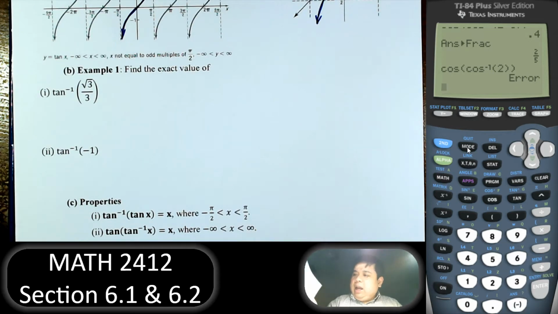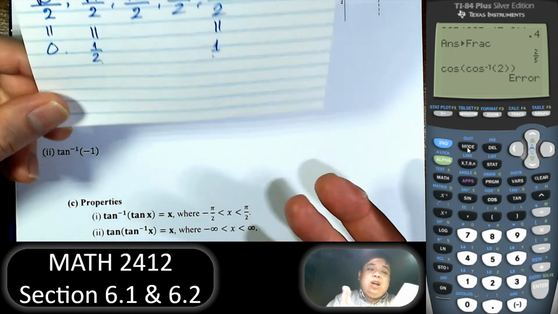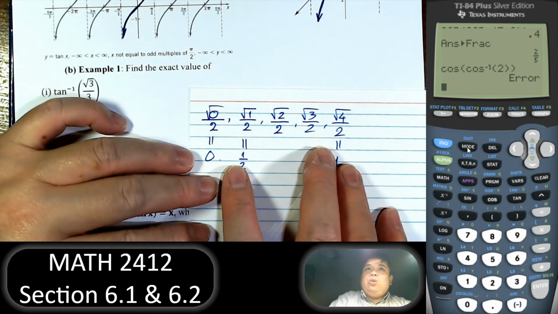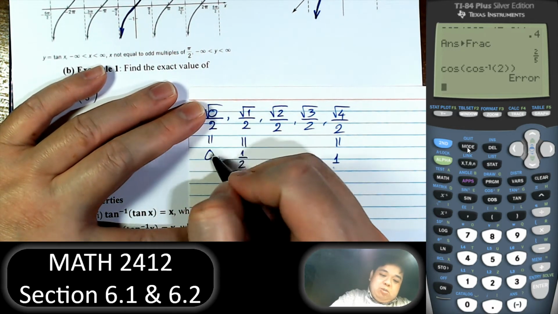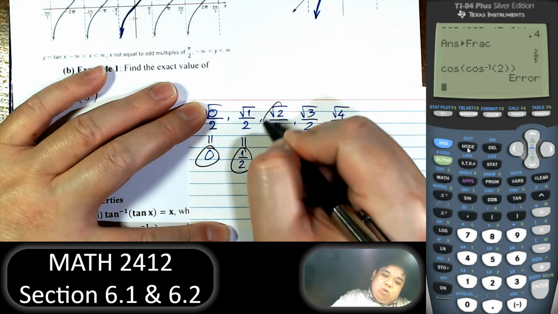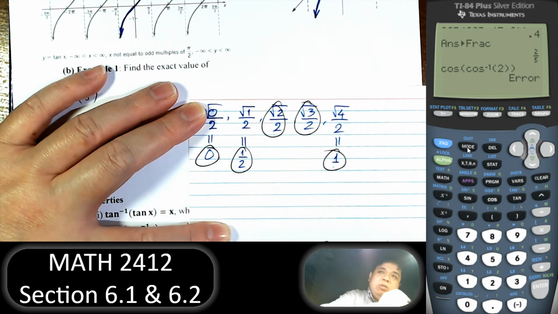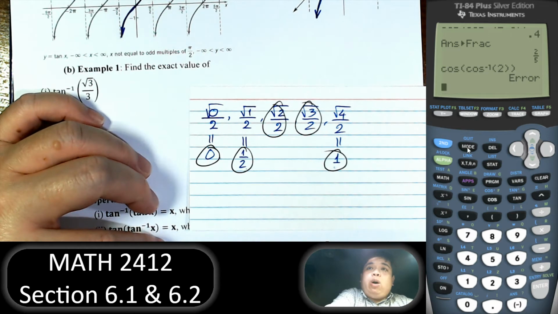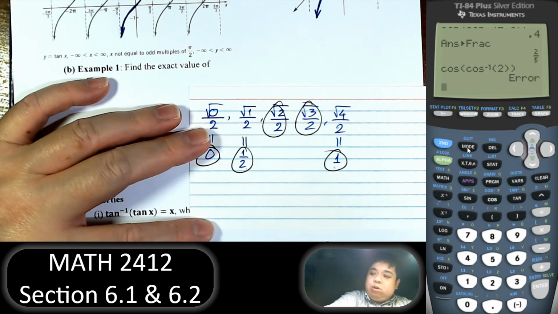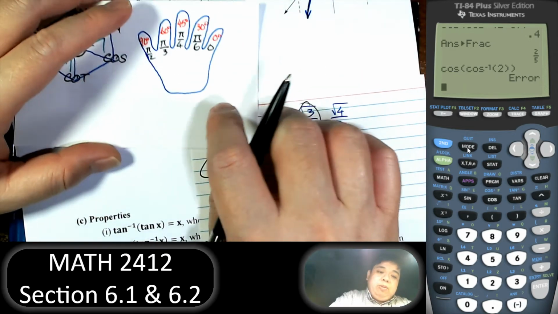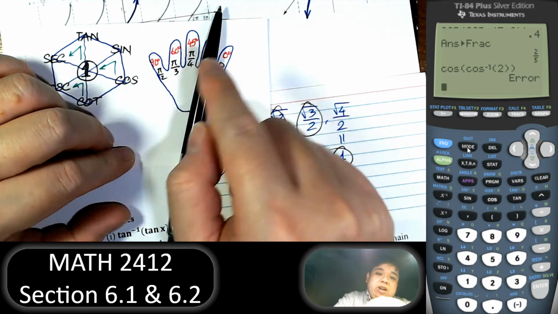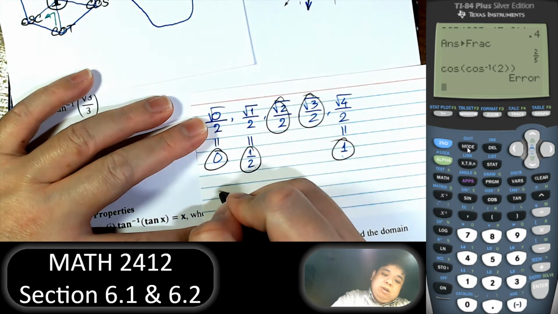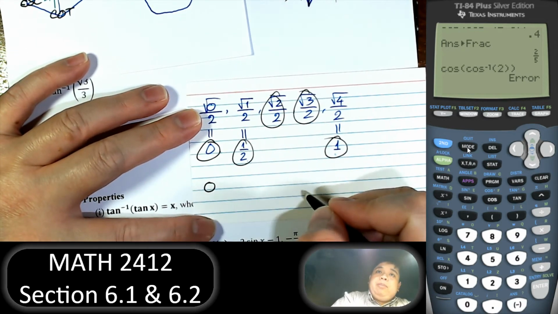Right. Now, recognize some special values of sine, cosine. Those are the special values: 0, 1/2, square root 2 over 2, square root 3 over 2, and 1. So what are the special values for tangent and cotangent? For tangent and cotangent, the special values will be, if we use the right hand rule, square root of the fingers on the right divided by square root of the fingers on the left. So the special values will be 0, undefined,